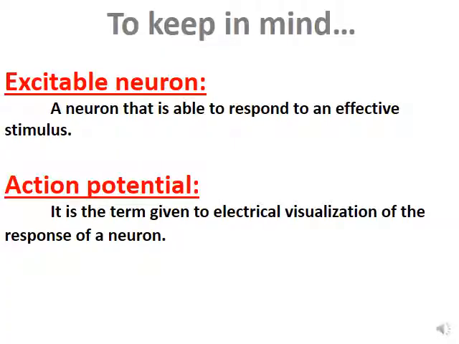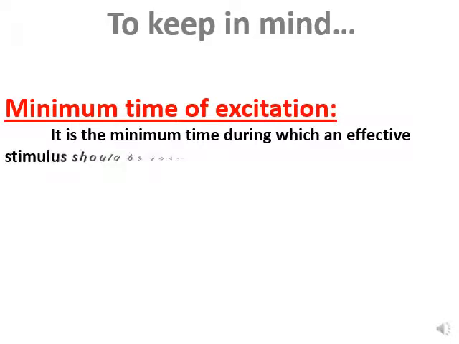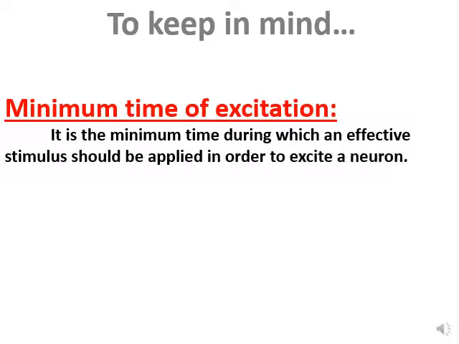Keep in mind the meaning of an excitable neuron: a neuron that's able to respond to an effective stimulus. Action potential is the term given to the electric visualization of a response of a neuron. For example, whenever you see this, it means we have an action potential. Also keep in mind the meaning of the minimum time of excitation: the minimum time during which an effective stimulus should be applied